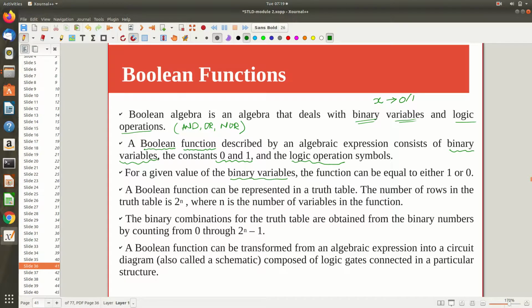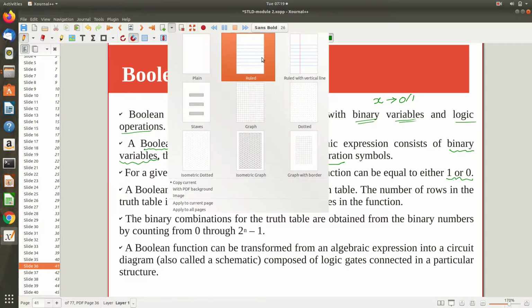So for one of the combinations, one of the instances, you can see that the function, or the expression, is evaluating that entire thing to some 1 or 0. So you can visualize it like a function. Still, if somebody is having doubt, let me take a small example and explain to you.